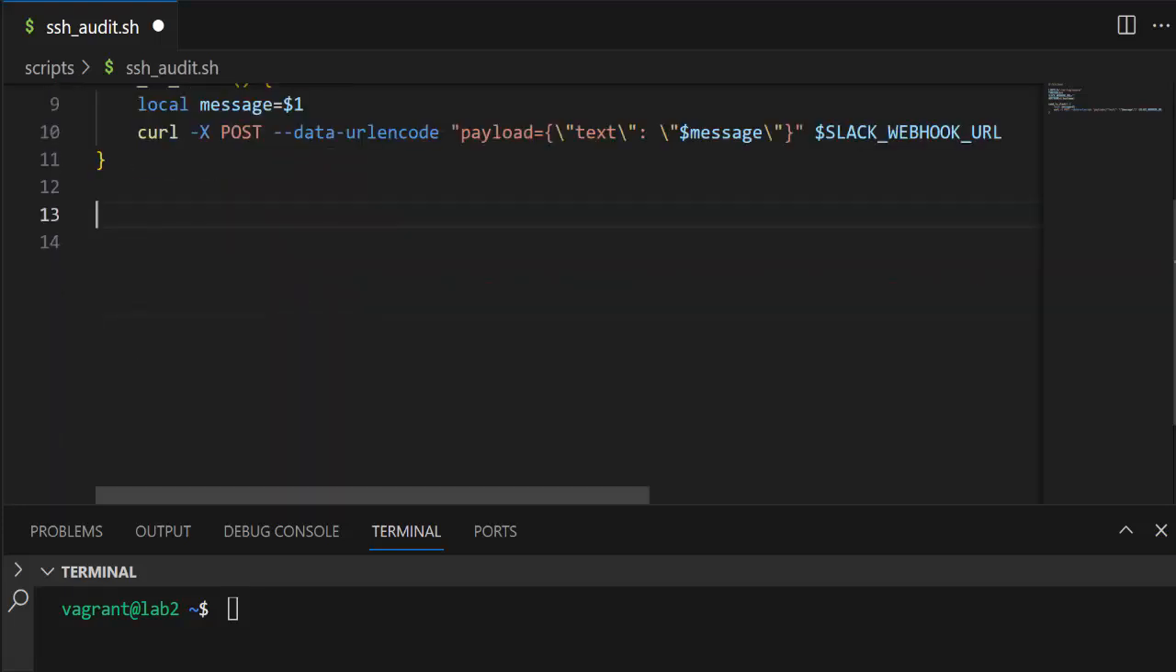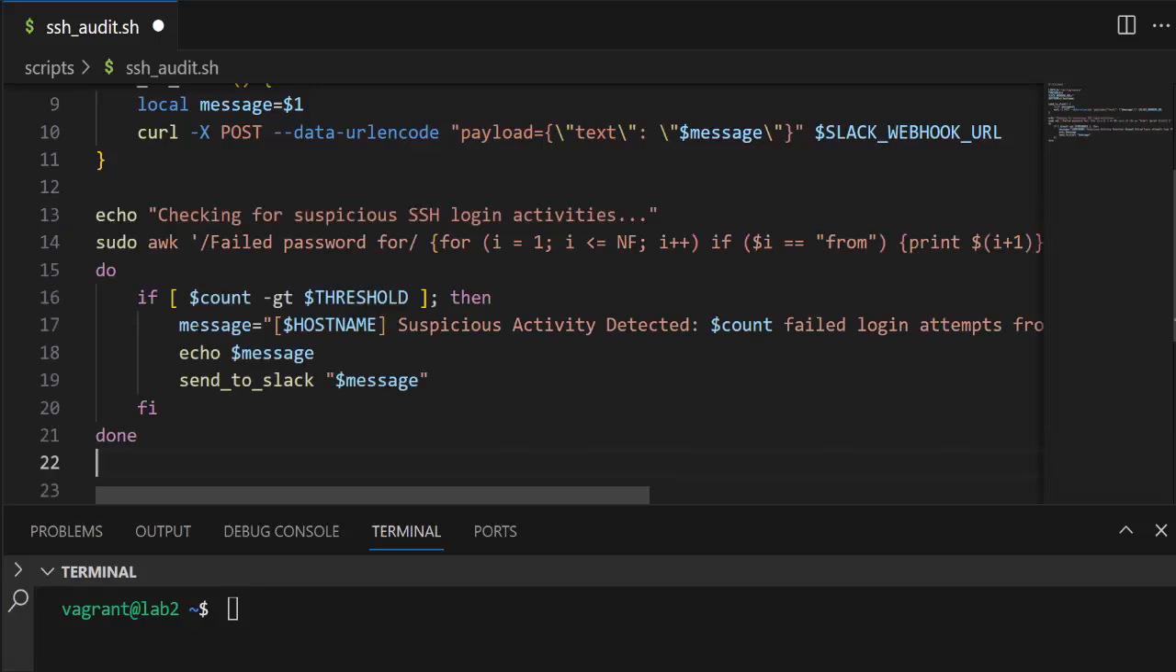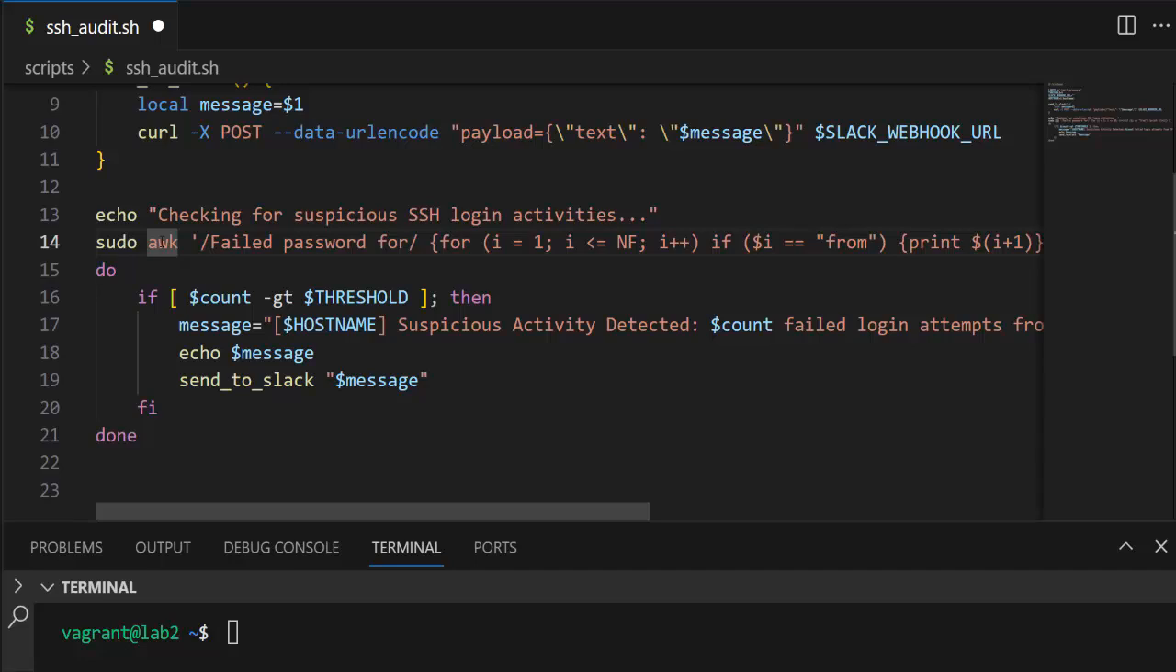Now let's check for suspicious login activities. So here I am printing a message: checking for suspicious SSH login activities. Then this awk command will be executed. This command is used to extract, count, and sort the IP addresses from which there have been multiple failed SSH login attempts. Then using the if condition, I am checking the count, and if it's greater than the threshold we